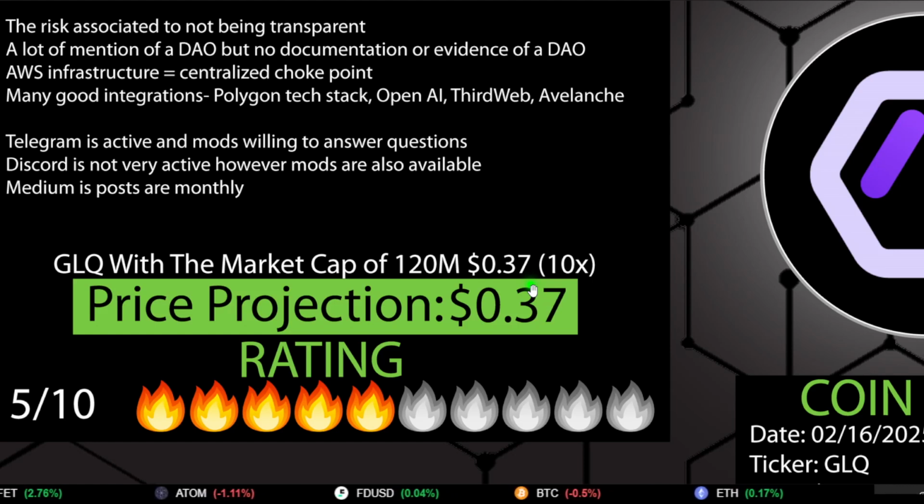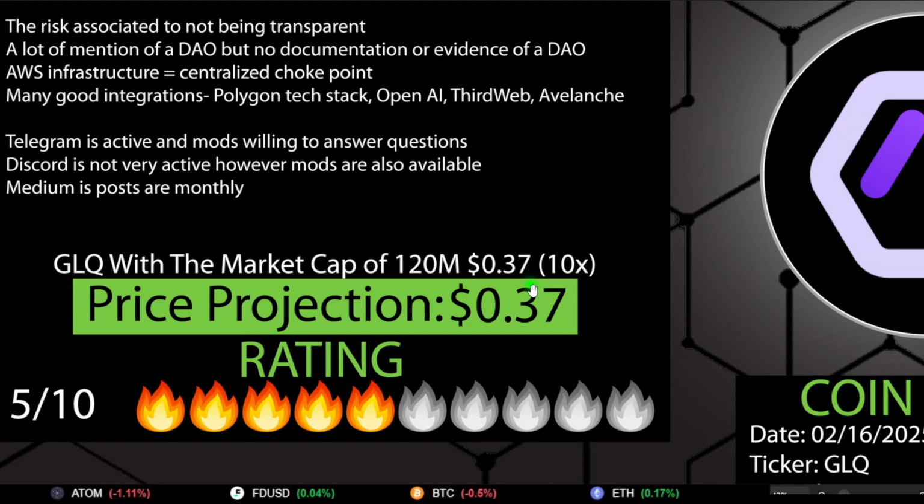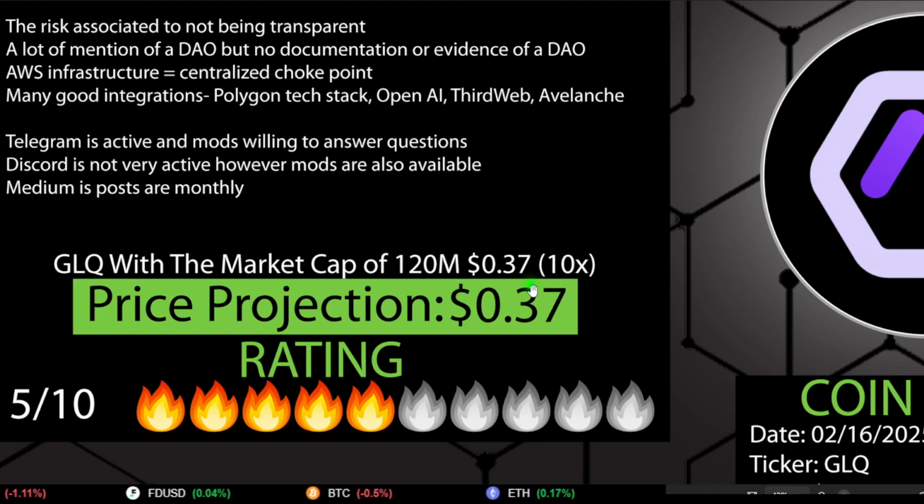I just say, look, if this project does well based on the AI agent narrative, I can easily see it doing a 10x. But again, there's a lot of risk associated. This is why I call it a price projection. If everything goes well for it and they can tidy up all this ambiguity and vagueness and perhaps gain a bit of traction with regards to their ecosystem and show use case and utility, it could do very well.